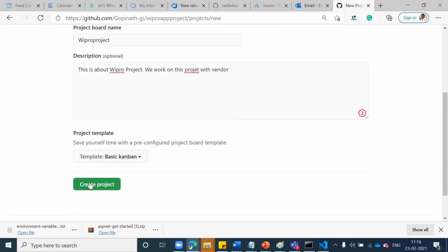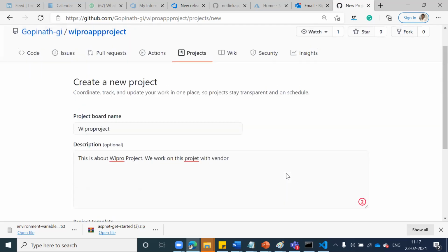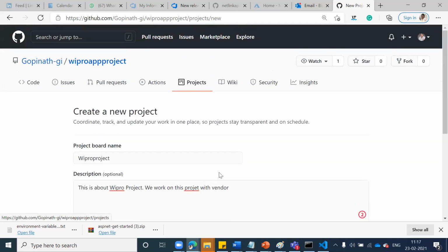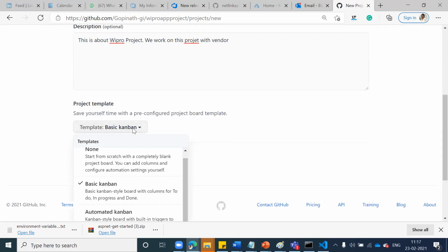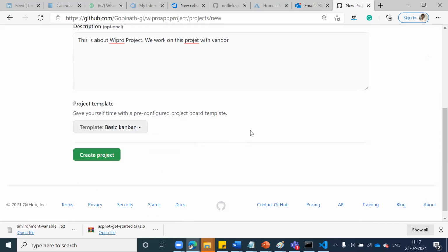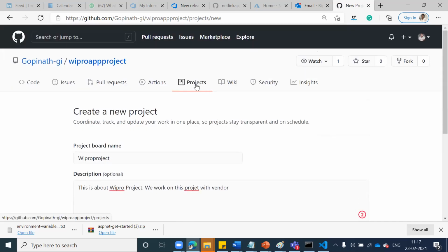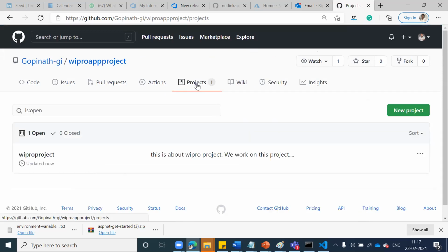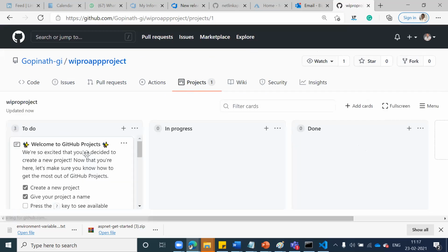Let's hit create a project. Project template, I'm seeing here none, basic content. Just click create a project. Once you create a project, you will see your Wipro project. When you click that one, it will open on a screen like that.